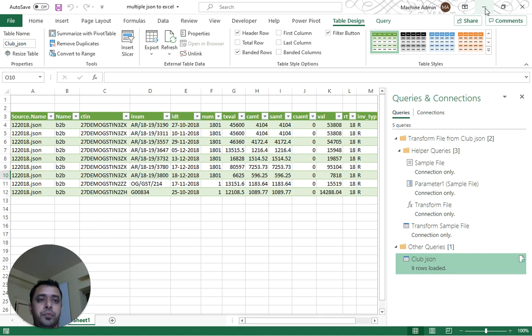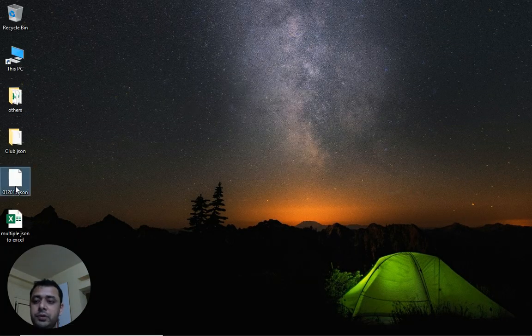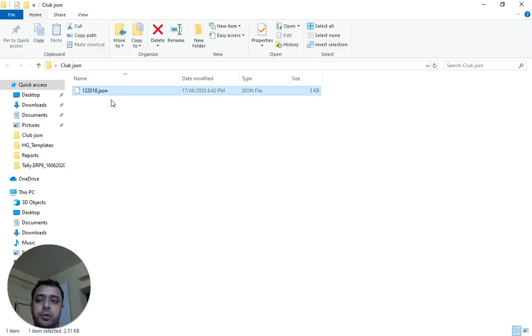Now I have downloaded another file which is January 2019. You can see we started with this club JSON folder. It contained only this 12 2018 file.